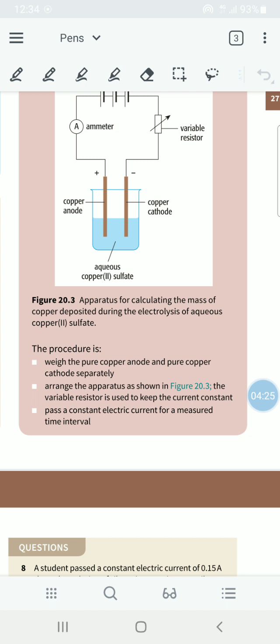Then we send a constant current for a constant, measured period of time, so we know how much charge has been